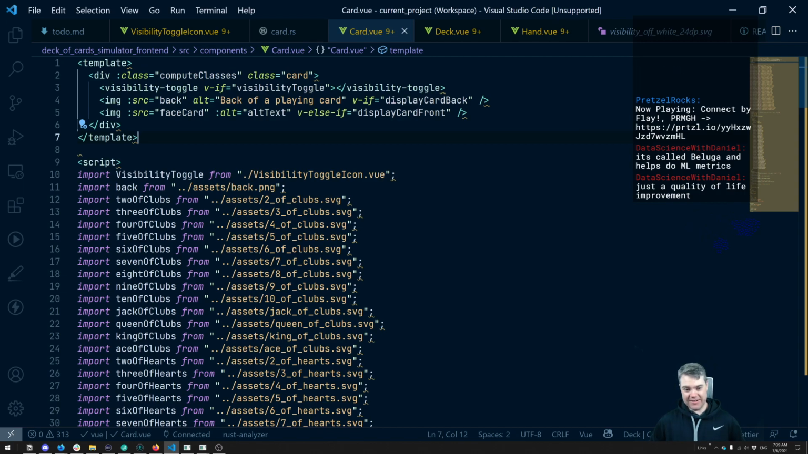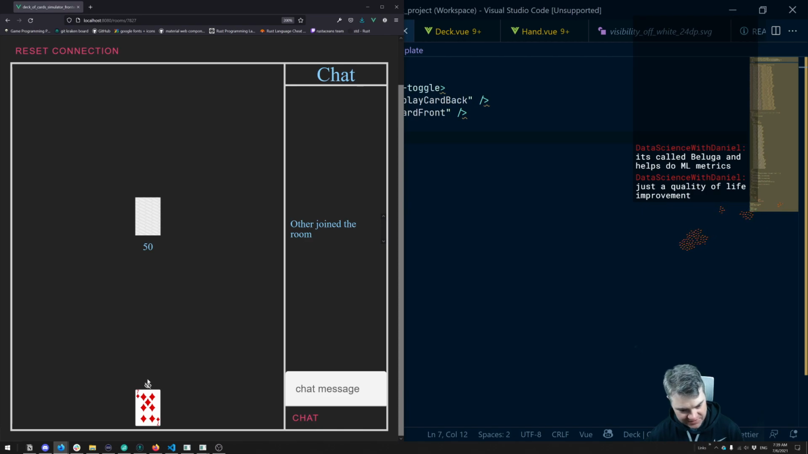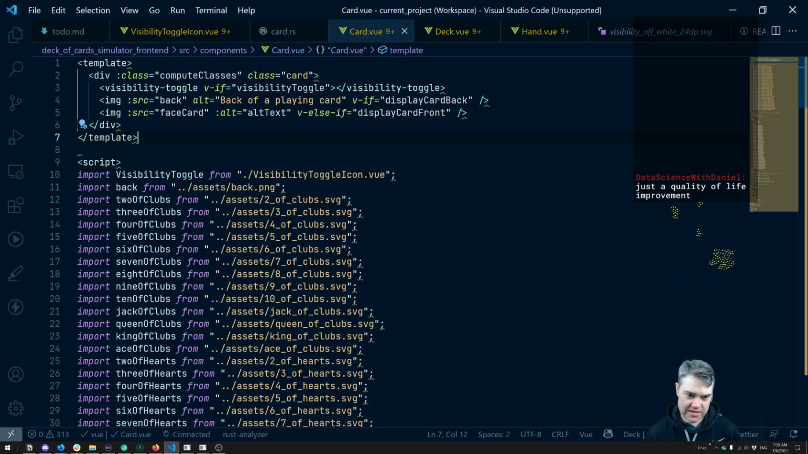Anyways, welcome here. We are trying to build a deck of cards simulator. We have a Rust backend that's a WebSocket server, and we have a Vue front end. And we're trying to figure out this toggle visibility icon and how we want this to work. So right now I have this little icon down at the bottom here. And my thought right now is when it's in that state, it's not visible for the card. And then if we click probably your,